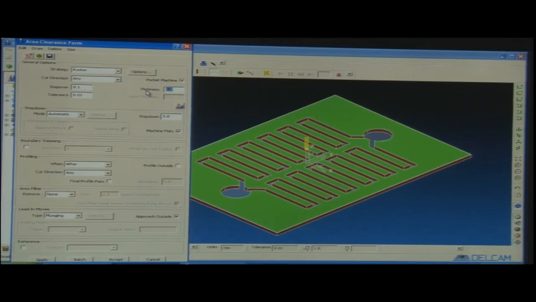Another important factor is tool life. We cannot move very fast and affect the tool life. That is one of the important factors to be considered. Also, this is pocket machining. Like this is a circular pocket, this is a rectangular pocket, and these are linear pockets here.